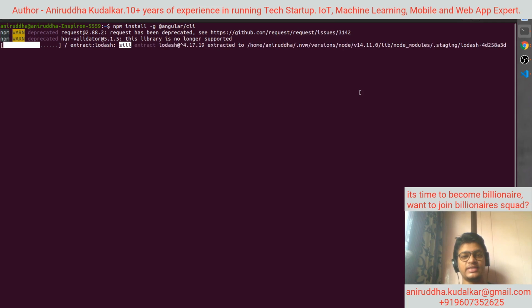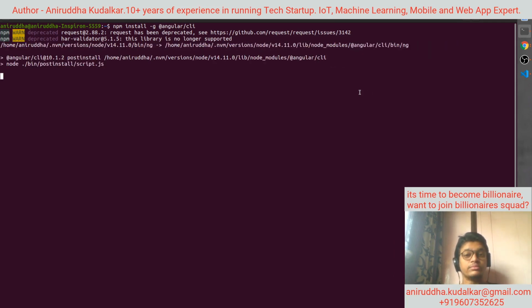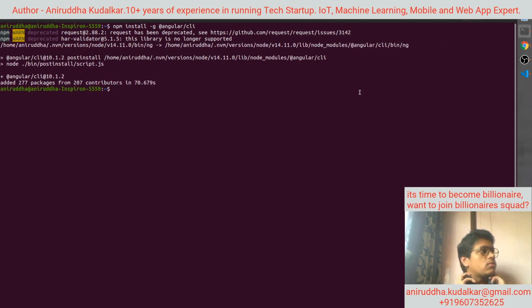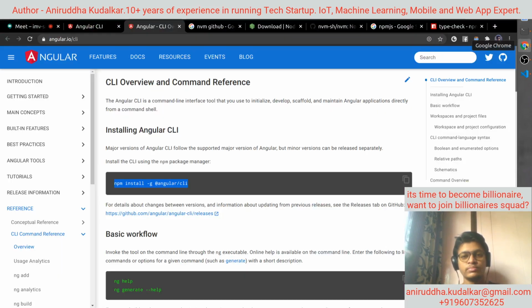Okay, so the CLI is getting installed. The CLI has been installed.